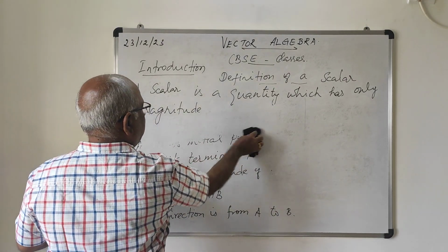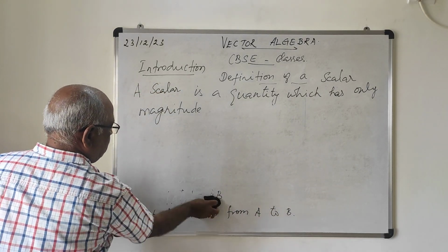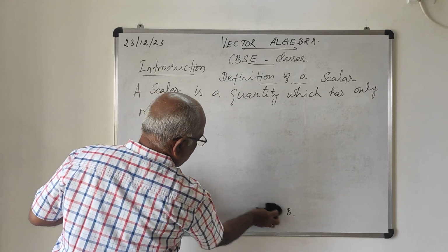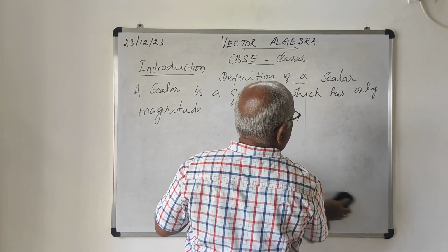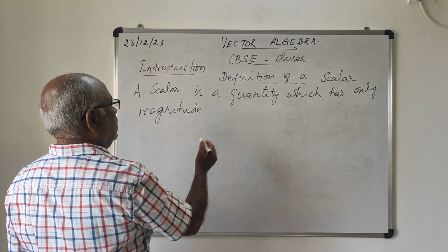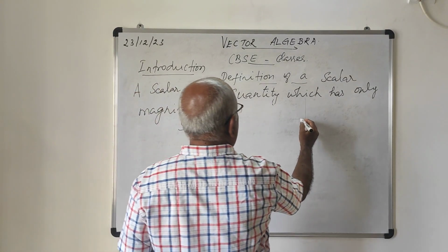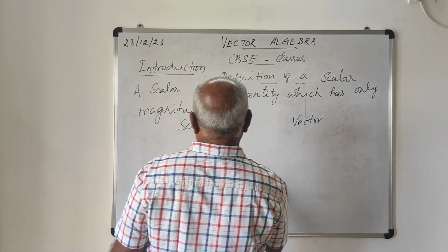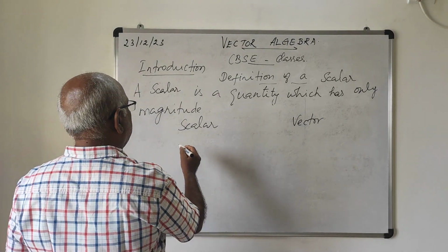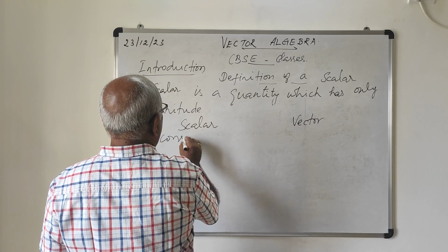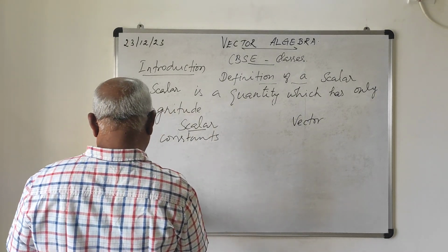So a scalar is nothing but a single quantity, magnitude only. That means numerical constants are scalars. Constants are called scalars. Now examples of scalar and vector. A scalar is a quantity which has only magnitude. Constants, and also the examples of scalar: